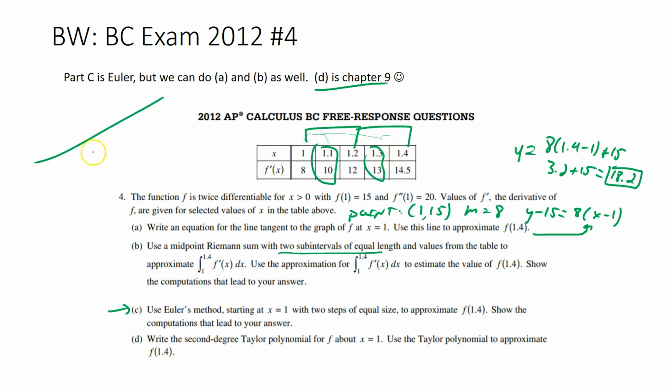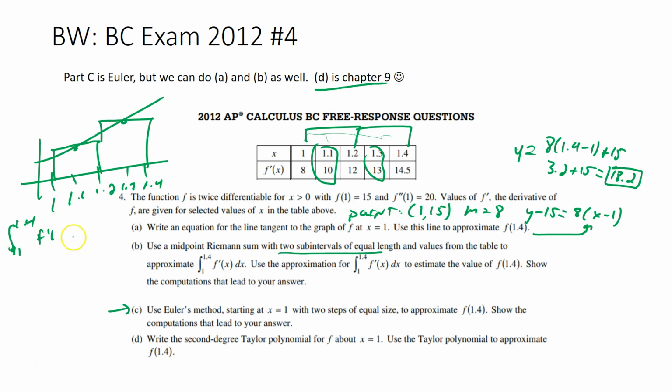So if you were to draw a picture of this, here's 1, here's 1.4, here's 1.2, here's 1.1, and 1.3. So this determines the height of my rectangle, and the rectangle goes from 1 to 1.2, and then this guy goes like that, right? Okay, so we want to approximate that integral. So the integral from 1 to 1.4 of f prime of x dx